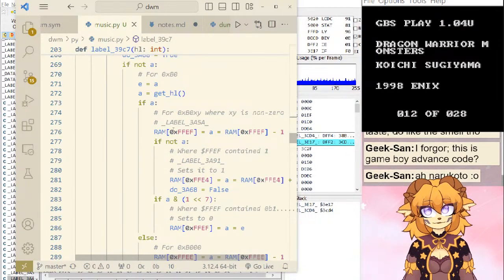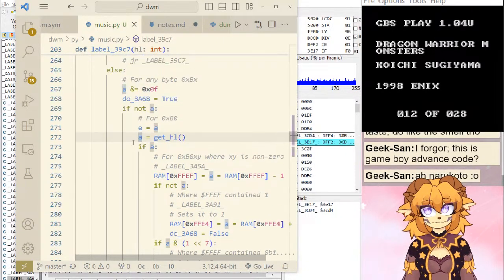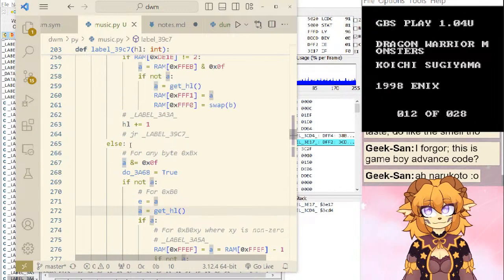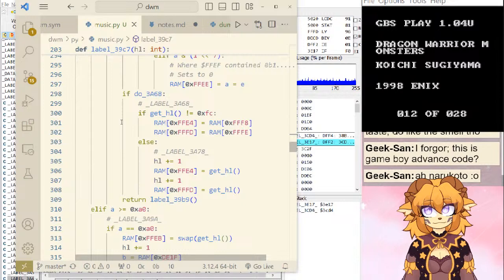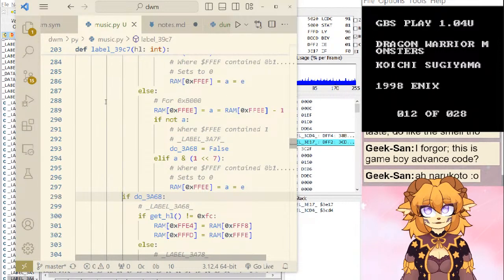Here? Oh, though, okay. So B1 and such can jump out.